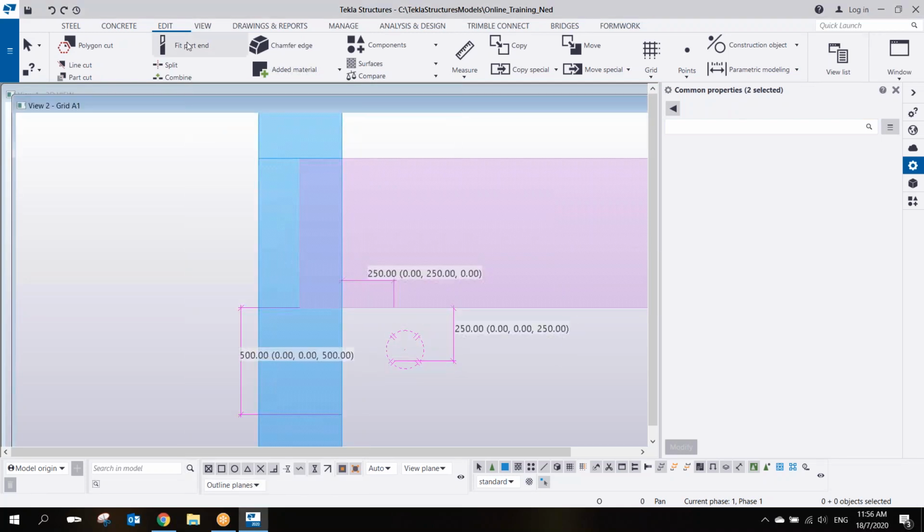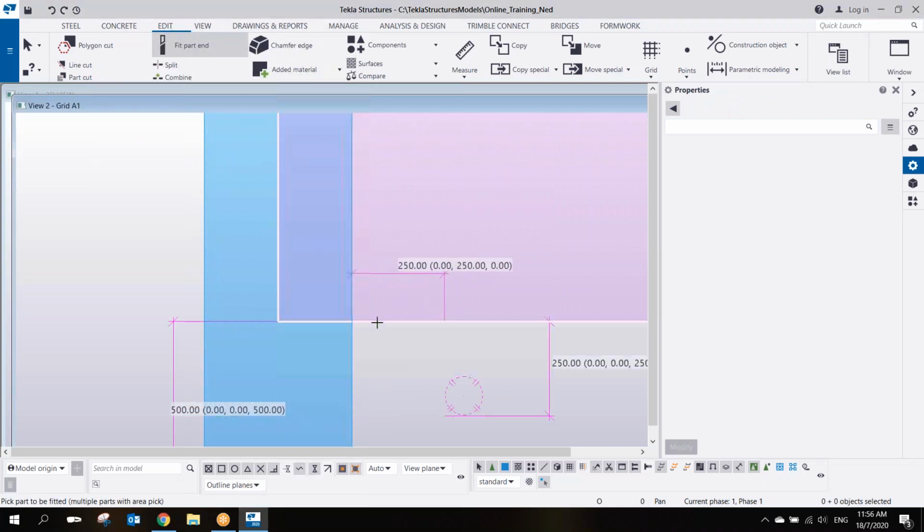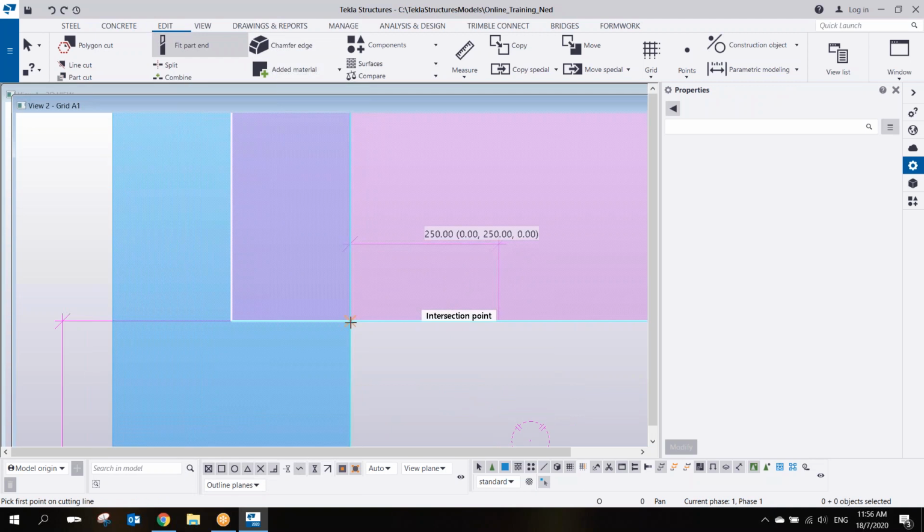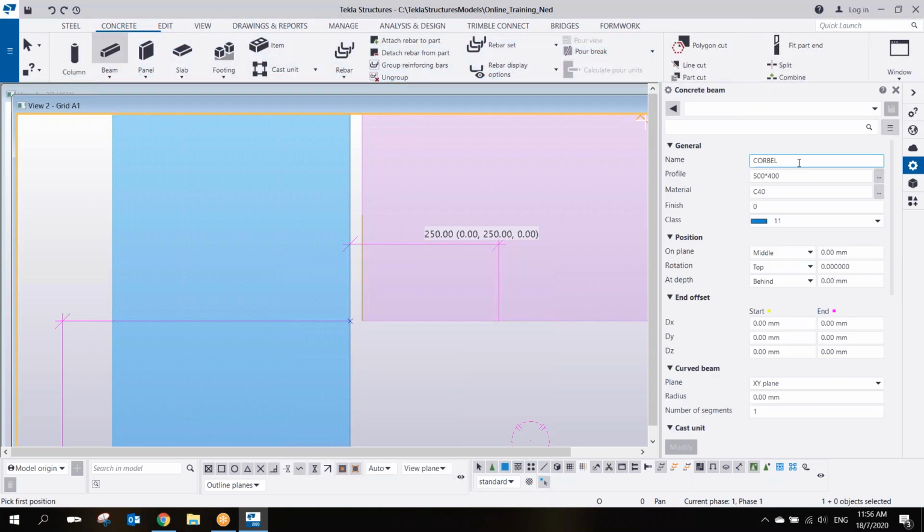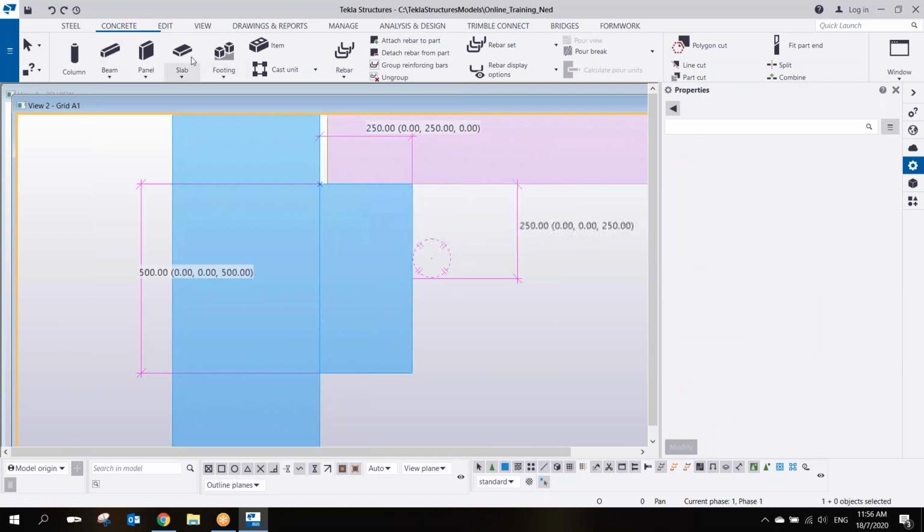All right, again, so fit part end, select this beam, control click, and then 20, enter, go up, and then projected points, and then concrete beam. So I have the corbel, the size, click here, pick 250, and then go to the